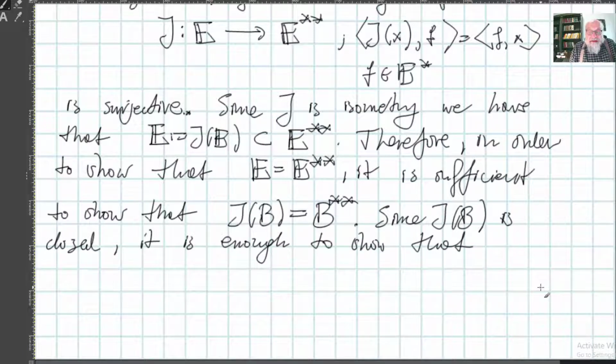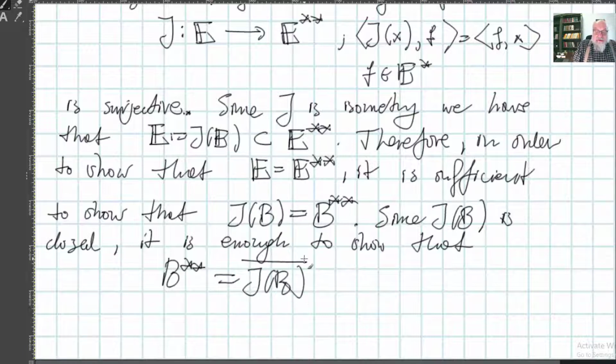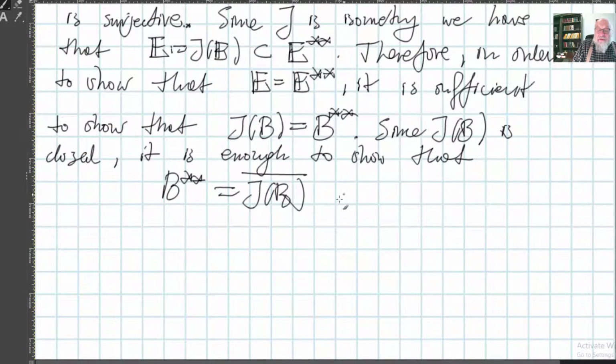So put it like that: B double star is equal to the closure of J of B. They're closed, that means it must be. So we can rewrite this using the formula. For every epsilon larger than 0, there exists,